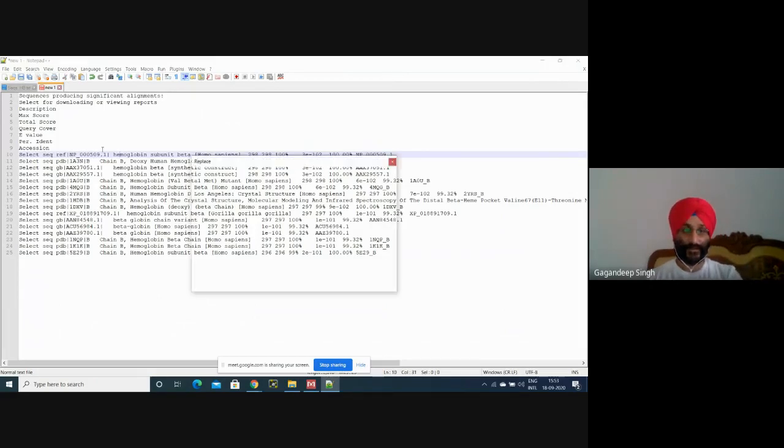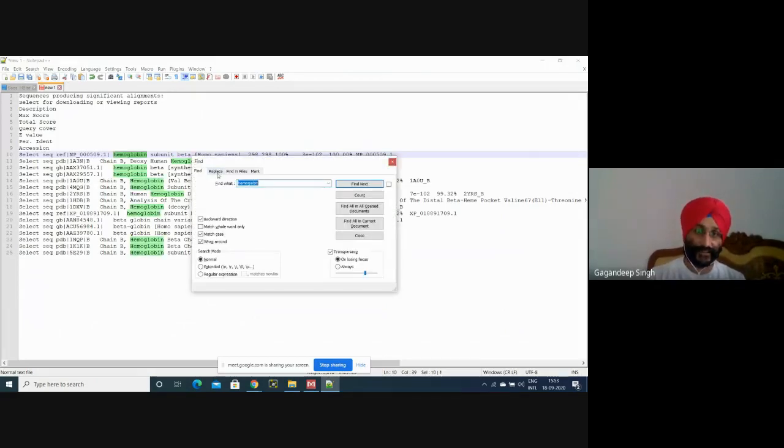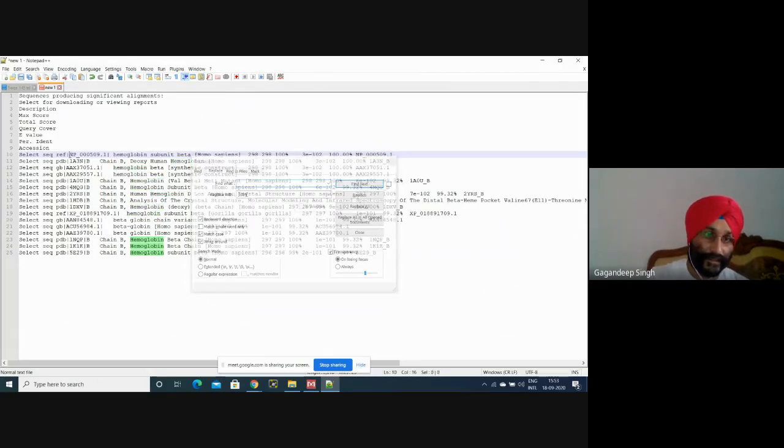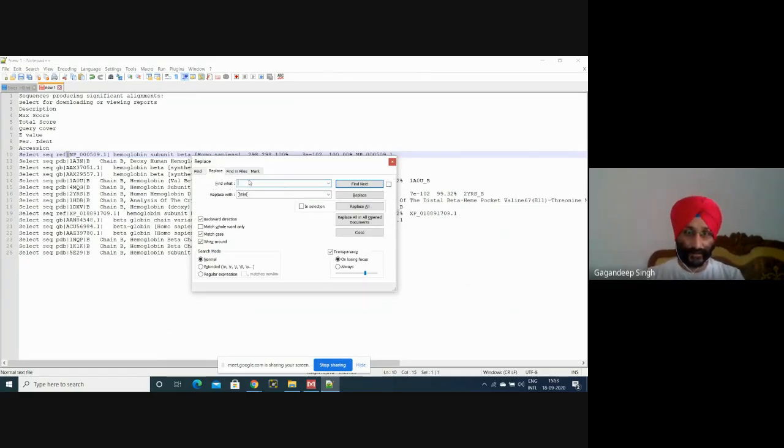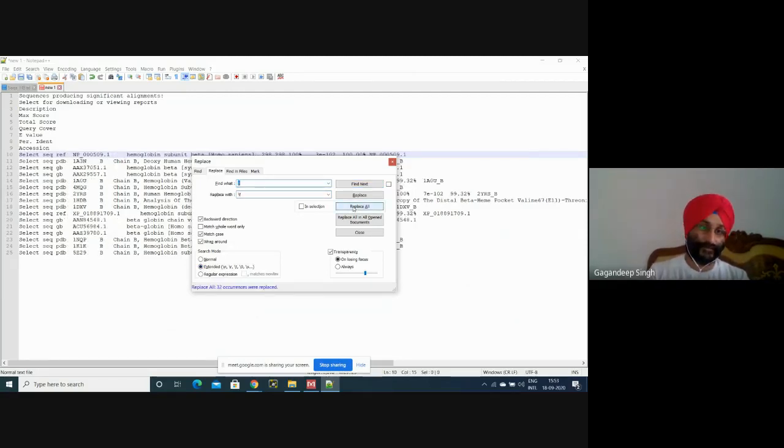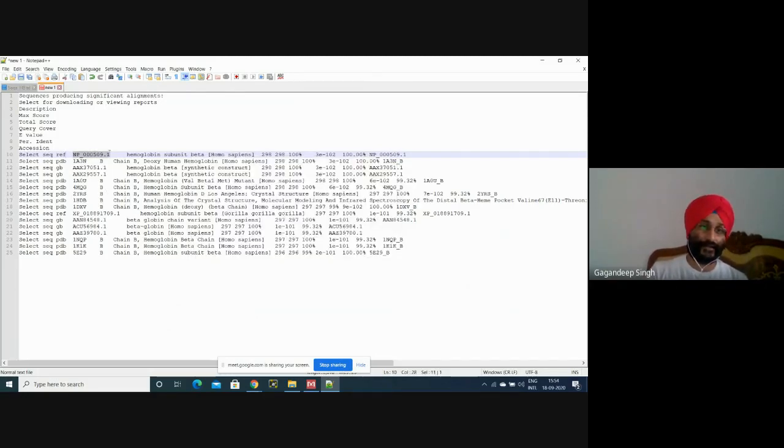Just Control F, means find, replace, this will be replaced with tab. Okay, replace all. Or you can easily select all the accession numbers in one go.